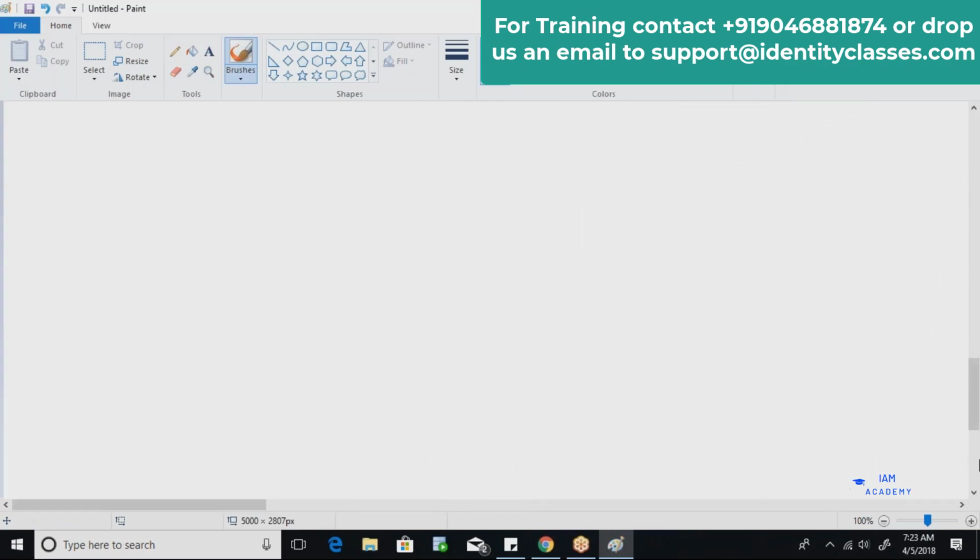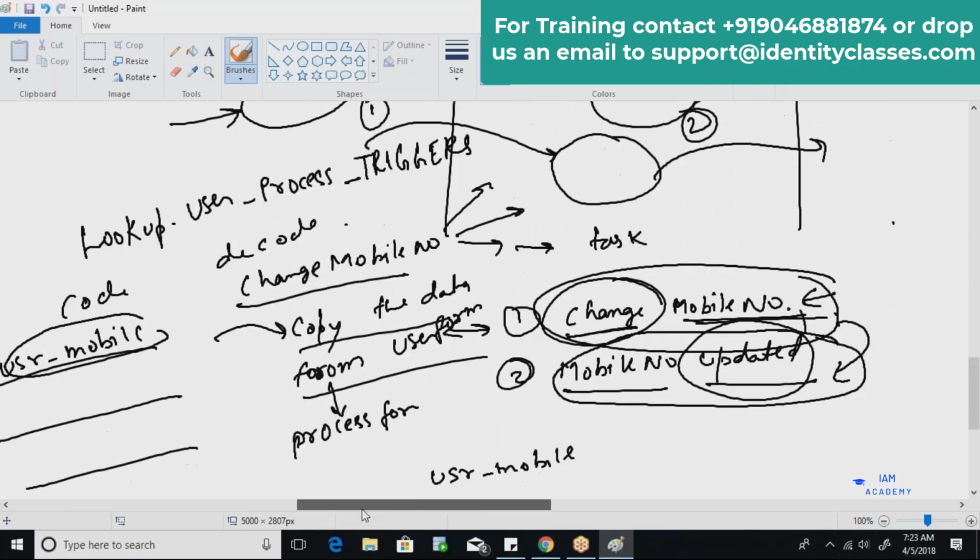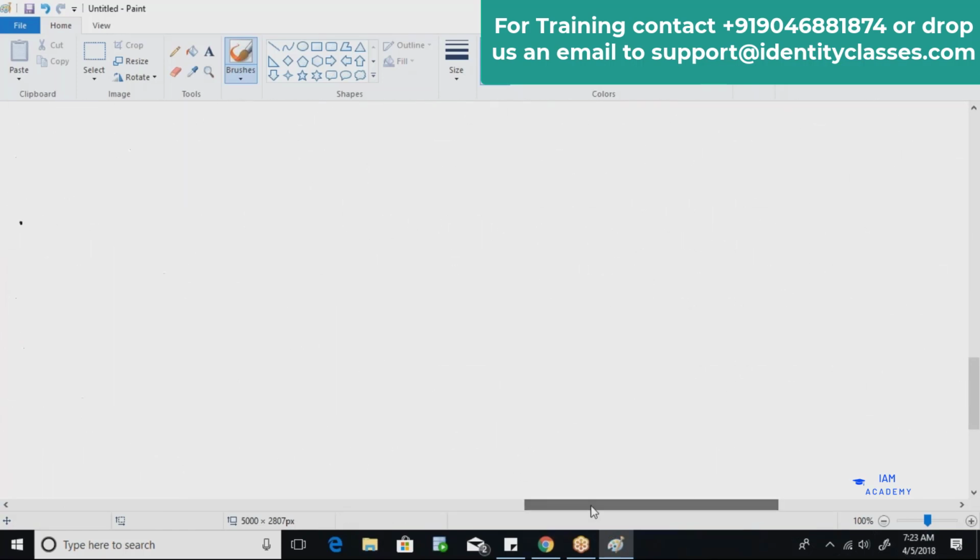We were talking about provisioning, and in the provisioning we talked about there are a lot of tasks mentioned over there, like create user task, delete user task, along with a few update tasks. Now how the data is propagated we have discussed. As I mentioned, we have a process definition, which contains the logic of how the data is going to flow from one place to another.